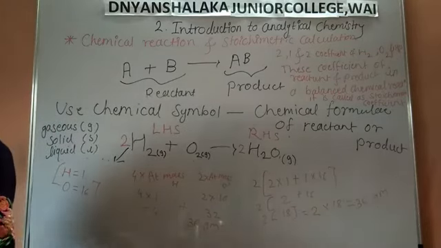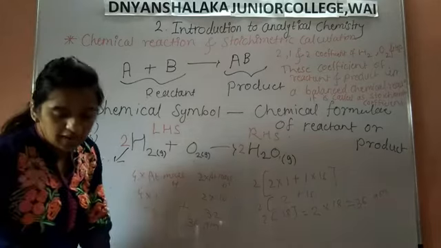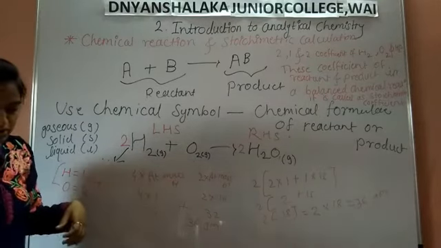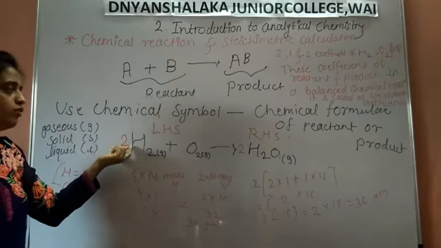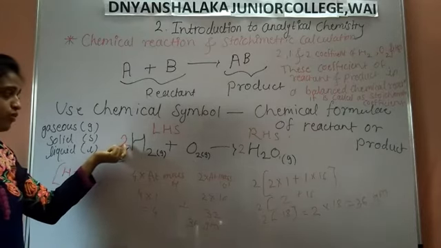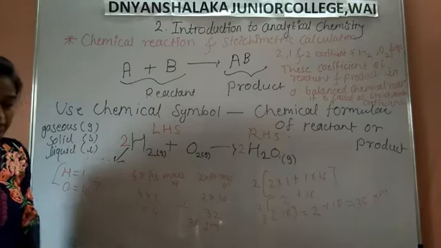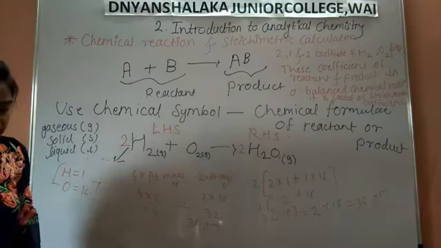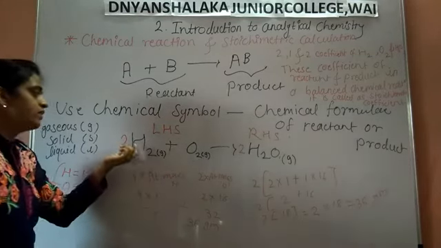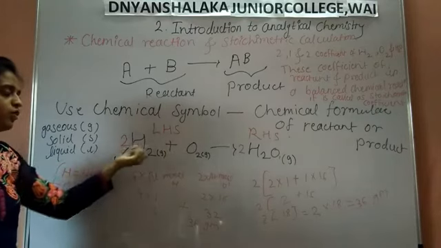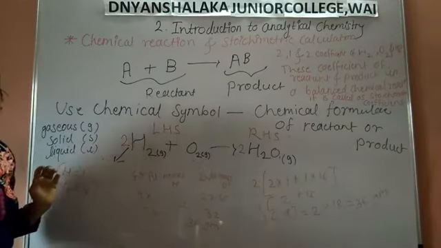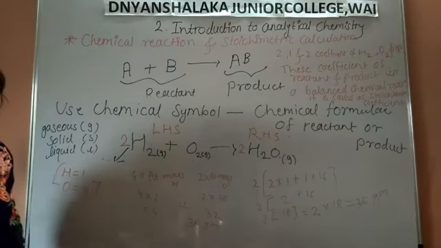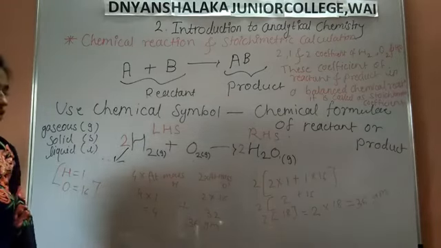So in the stoichiometric calculation of a chemical reaction, it indicates the number of moles involved in the chemical reaction. In this example, the number of moles 2, 1, 2 in the chemical equation, and the number of product formed. For example, on the reactant side 2 and 1 moles, and product forms 2 moles of water molecule. And second, it indicates the relative masses of reactant and product.